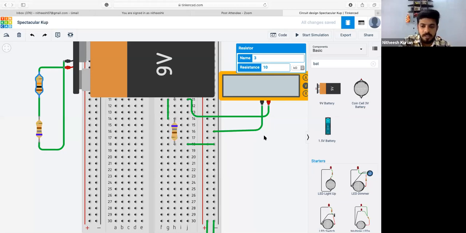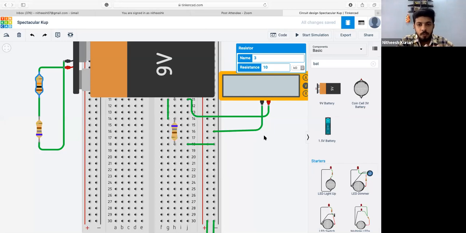So when you multiply this current with 10 kilo ohm, listen carefully, you will get the voltage across 10 kilo ohm. And when you multiply this current with 680 ohm, you will get the voltage across 680 ohm. So can you find out the voltage across both resistors, 10 kilo ohm as well as 680 ohm, and post the same in the chat box?